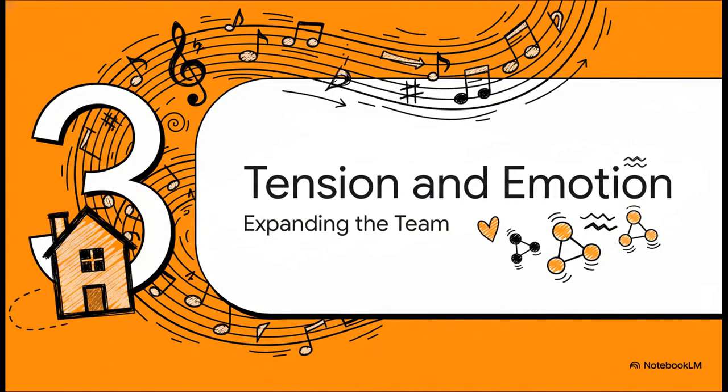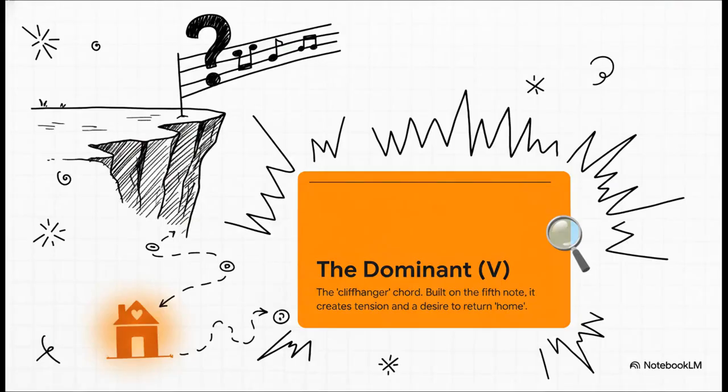But let's be honest, a song that just stays at home the whole time would be pretty boring. To make music interesting, you have to leave home. You need other characters on the team that create some drama, some tension, and some emotion. So it's time to expand the team. Next, meet the dominant, or the 5 chord. And I love this description for it. It's the cliffhanger chord. Its whole job is to build tension. When you hear the dominant, your brain just knows something else has to happen. It pulls you to the edge of your seat and makes you desperate to get back to that home base